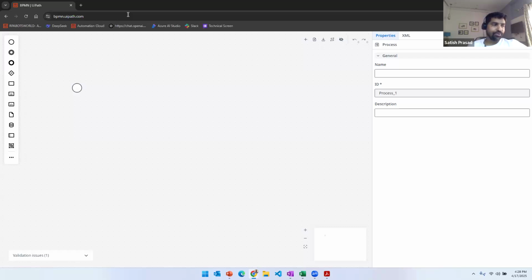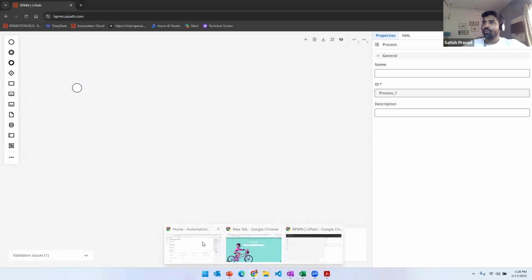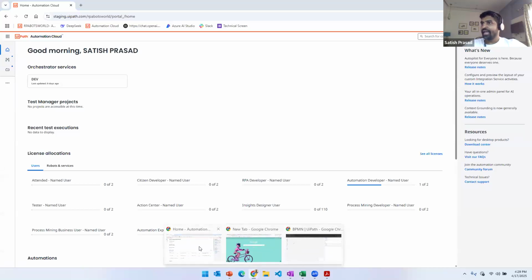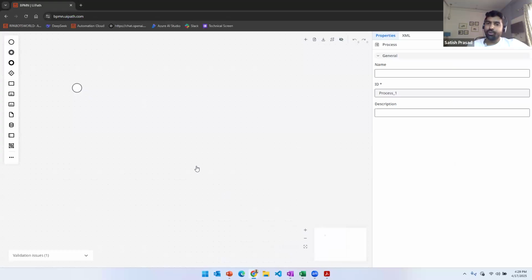So that means if you are at a client location too, and you want to model the process, you should be able to utilize this URL and model the process with the help of the Process SME on this particular canvas, export the design that you build here, and then bring that into the UiPath Agentic Orchestration capability, which is a different tool you can access from here, which is UiPath Maestro. Okay, and I'll showcase that as well. But let's quickly look at how it will work.